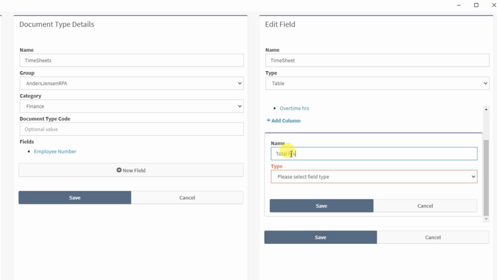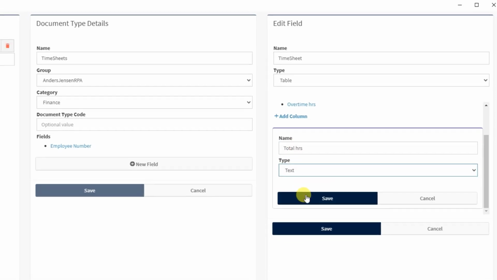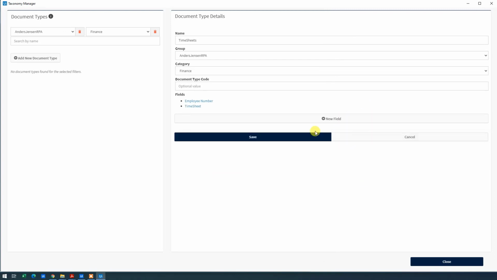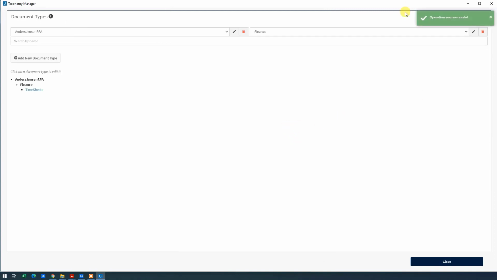and we have total hours. That's it. That was all our columns. Then I'll click Save here and save. The operation was successful. We have created our taxonomy. We can now close the manager